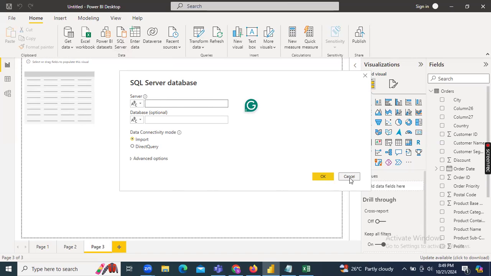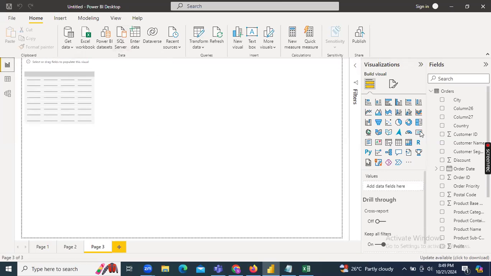But as of now, we are not connecting because we have only sample data in Excel. In real-time projects, you need to pass those parameters. How to set it up also, I will create one SQL Server DB for you, and we will create some sample tables. So this way, guys, we can connect to multiple data sources using Power BI.